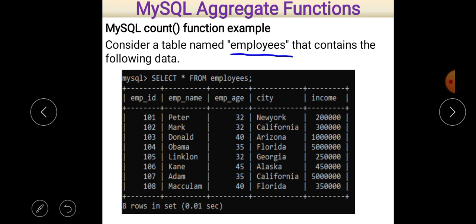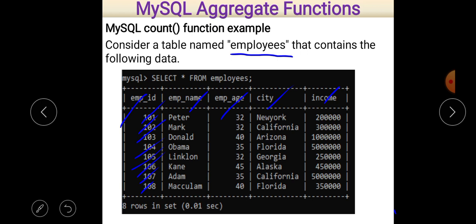It has five columns: employee ID, employee name, employee age, city, and income. As far as the number of records is concerned, the total number of records is 8, because it starts from 101, then 102, 103, 104, 105, 106, 107, and at last 108.